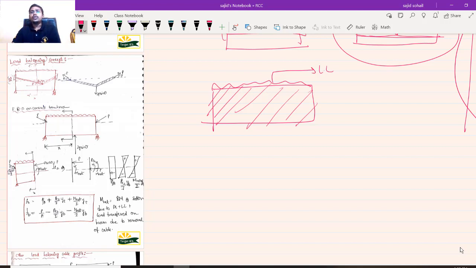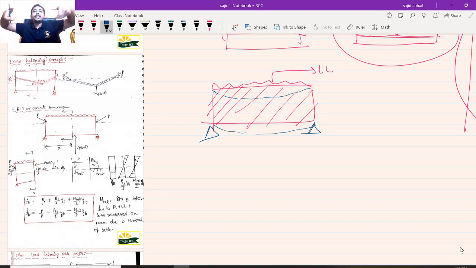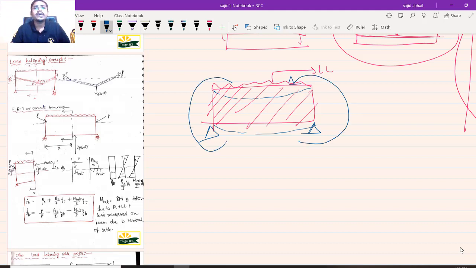Because of this loading, obviously you can see, if a loading is acting on a beam like this, then it will be deflected. It will be deflected because the moments are generating. That's why the bending is happening. In which direction is bending happening? In this direction the bending is happening. And just by seeing you can say moments are acting like this. Very simple. Now comes the very important part.